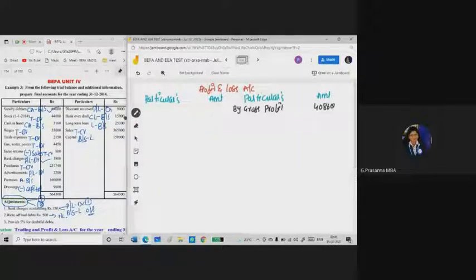Now we will prepare the profit and loss account. Here we have some adjustments we need to do. For the sundry debtors, there is an adjustment mark. I have marked a tick here, which means there is some adjustment to the sundry debtors that you need to work out in the P&L account. So first I will take the sundry debtors amount. What is the total of sundry debtors? It is 64,000.